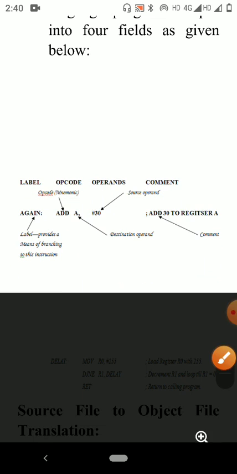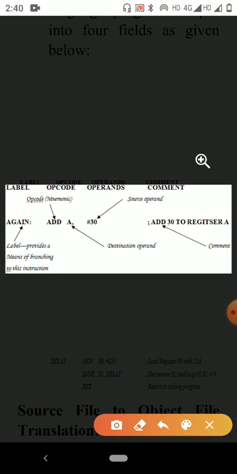See here, this is an example of assembly language. It consists of a label, first mnemonics, then operands. These two are operands: this one is the destination operand and this one is the source operand, and after that comes the comment. The label provides a means of branching to these instructions.